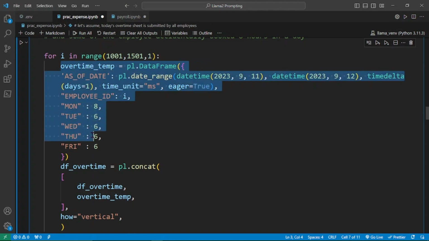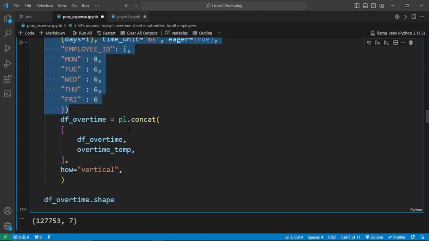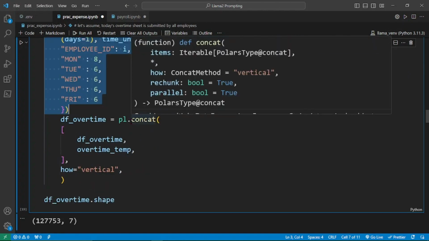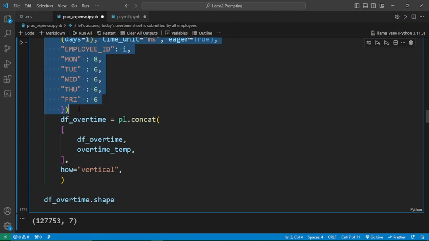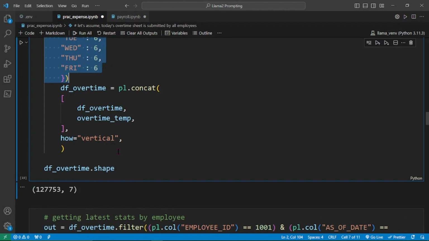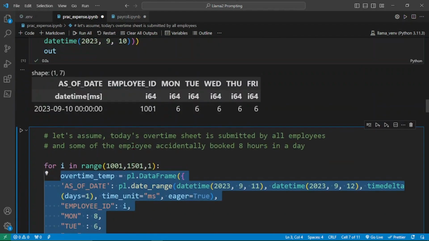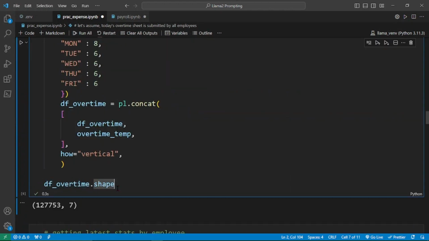After doing the overtime template, again we are concatenating this template with the overtime data frame, and we are keeping it as a vertical stack. So all the things are the same. Now let's run this piece of code, and I want to check the number of rows here. Now the number of rows currently is